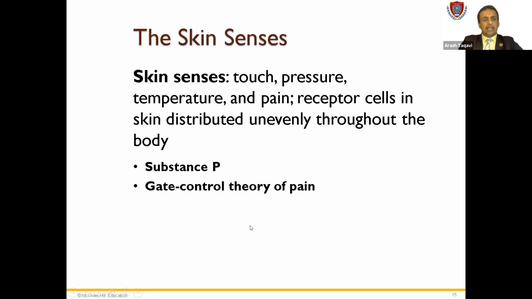But skin senses. It is important to know about the skin senses. Touch, pressure, and, as we talked about, temperature and pain receptors are distributed throughout the body. Also, in addition to touch, pressure, temperature, and pain, we have vibration and the sense of position, or proprioception. Substance P is the substance for pain, in some part of your body, of your skin,